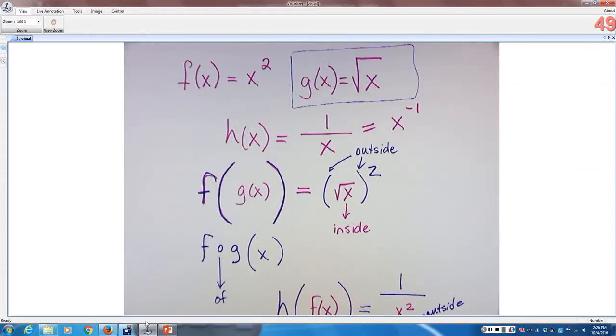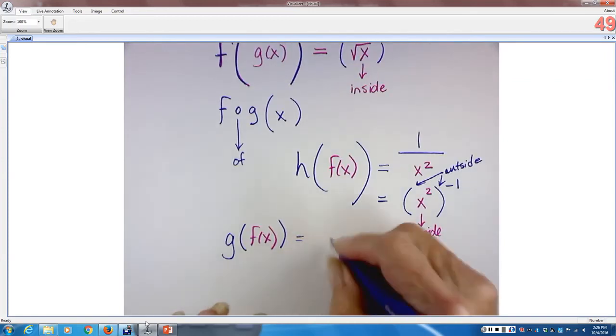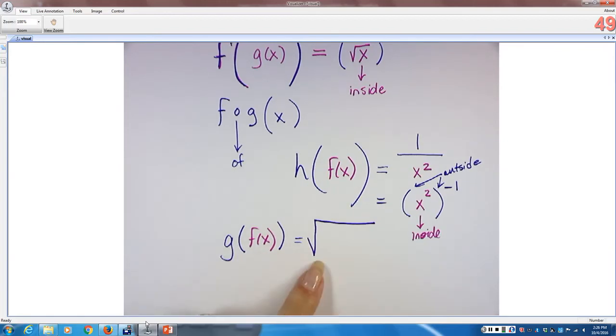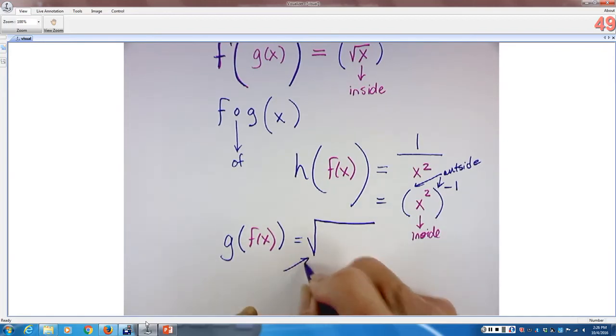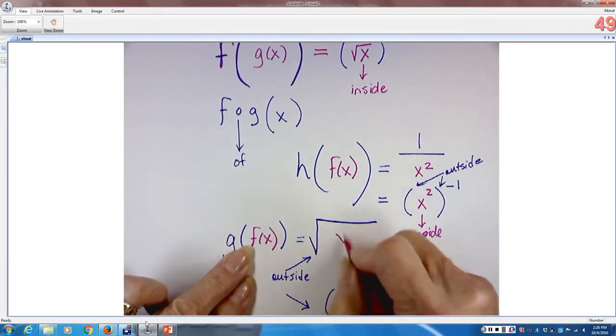It takes the square root of whatever you put in it. So in this case, g is the outside function. And we would be able to deal with it better if we looked at it as being like that, but those are the same thing, right? And the inside in both cases is